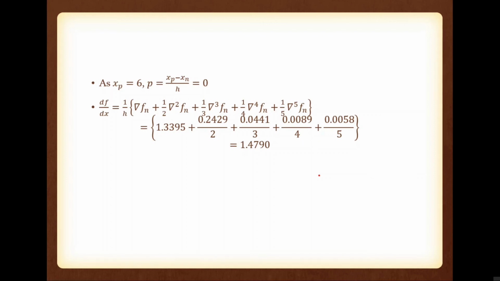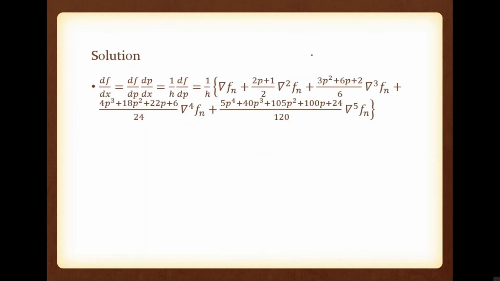Now what we have to find? We have to find d square f by dx square. So for that purpose we can use df by dx. This is df by dx. So especially we can use this curly bracket. This curly bracket is nothing but df by dp. Please note, this curly bracket is df by dp. So that we can use. So please remember that. So what is d square f by dx square?